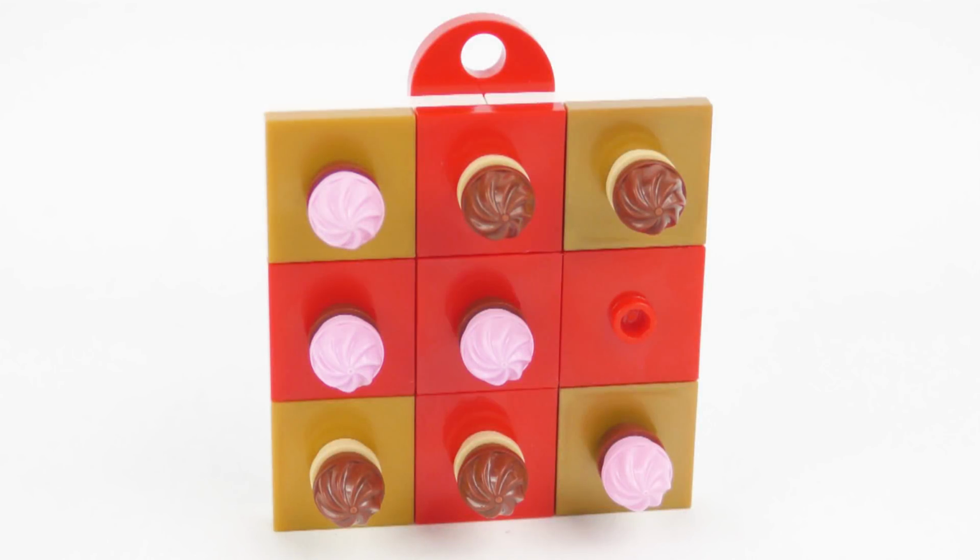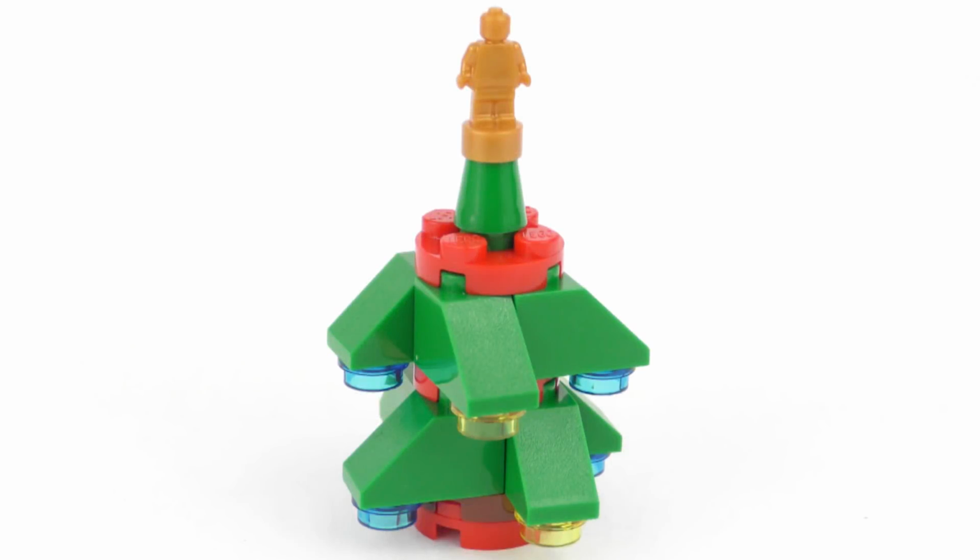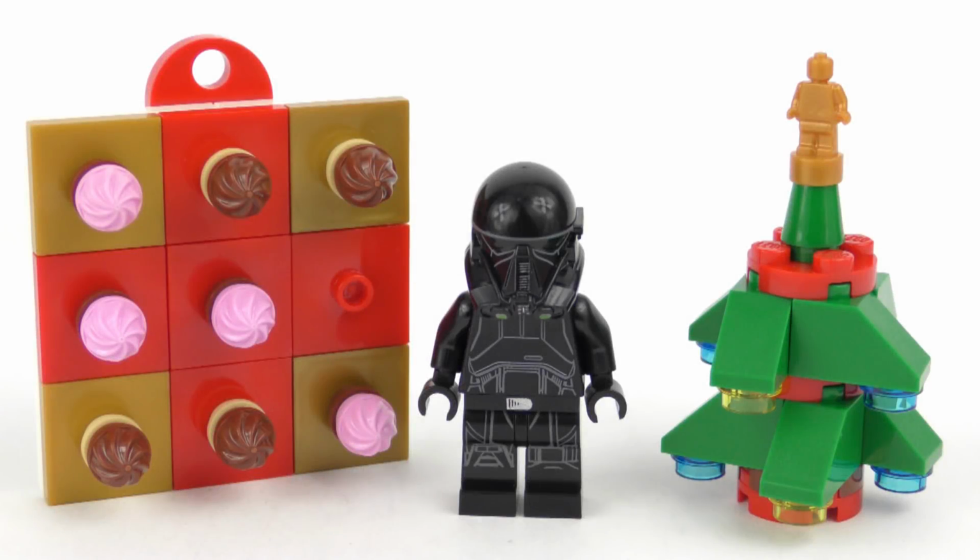Did the LEGO Friends Tic-Tac-Toe Christmas tree decoration deserve more than 3 points? Did the Death Trooper deserve 4 points, or was somebody from the dark side playing Jedi mind tricks with me? Or perhaps I don't deserve a gift under my Christmas tree this year because of the 3 points that I gave the LEGO City Advent Calendar. The scoring was pretty even today, but if you would have scored it differently, please feel free to say so